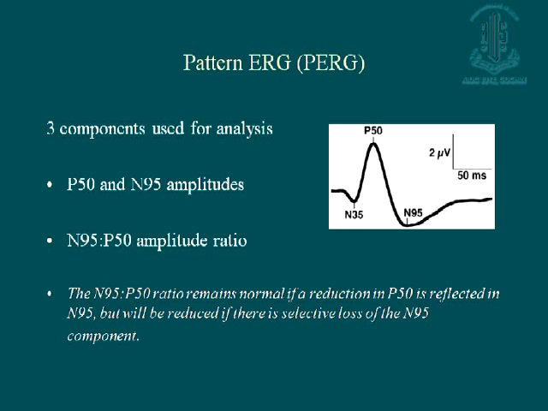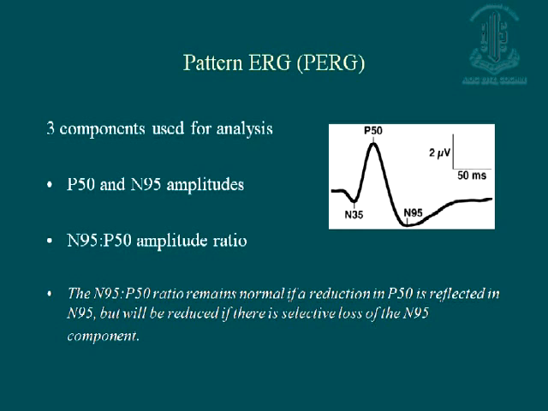It has significance, especially when you're calculating this N95 P50 ratio. Now, if you look at this P50 wave, if you were to calculate the amplitude, you will be calculating from the base of this, or if this is not well formed, you will have a sort of an average baseline here. From there to the top you will be measuring. And for N95, you will be measuring from the top of N50 to the bottom of N95.